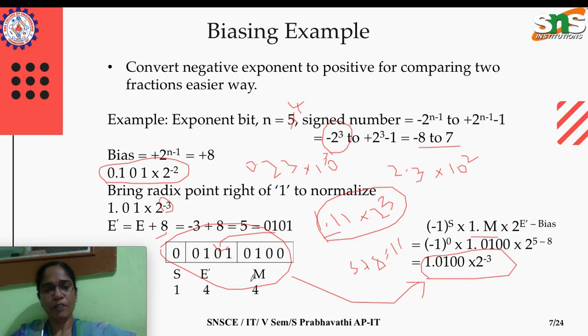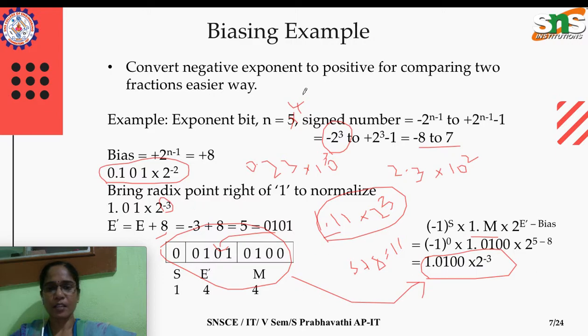The only reason we are going into this concept is when we handle floating point arithmetic operations, we will usually be comparing the exponents for addition, subtraction, multiplication and division operations, is it not? In that situation, comparing the exponent is quite difficult if we store the exponent as it is. Instead, to make it easier, we go for a biased exponent.